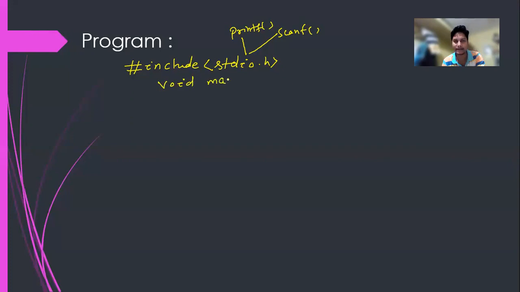void main, opening curly bracket. Inside main function, I am declaring a variable int x within square bracket 2, within square bracket 2. This stands for row and this stands for column. Then i, j semicolon. Okay, now